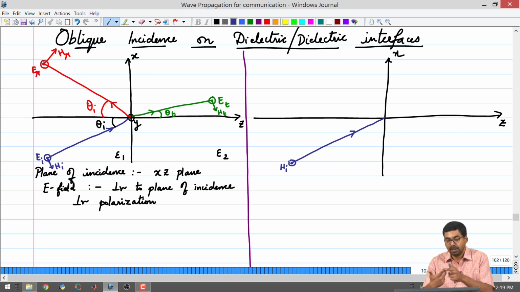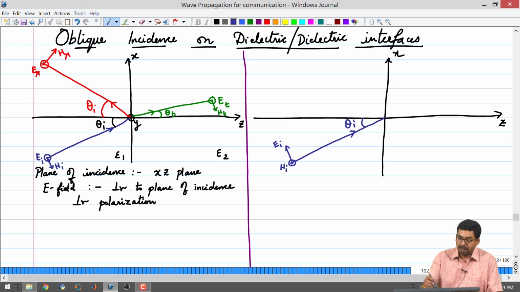So, E field in this case is pointing up, right. I am going to mark an arrow and say that this is my E I. Okay. The angle, is there an issue, error? Alright, there is an error, you immediately point it out, before it gets big. So, theta I is the angle of incidence again.